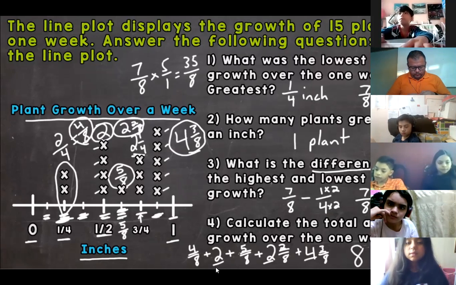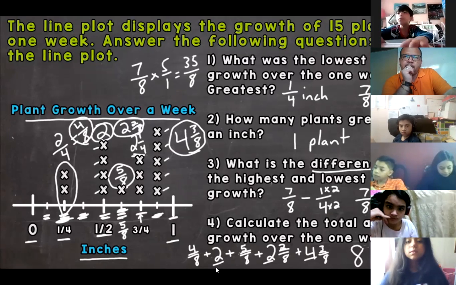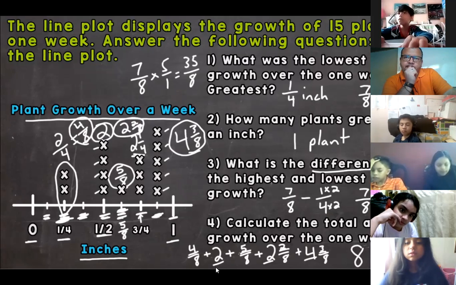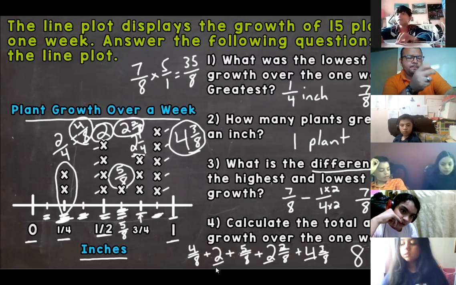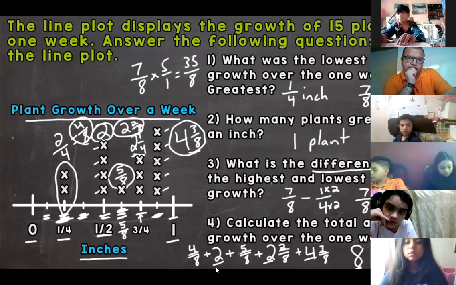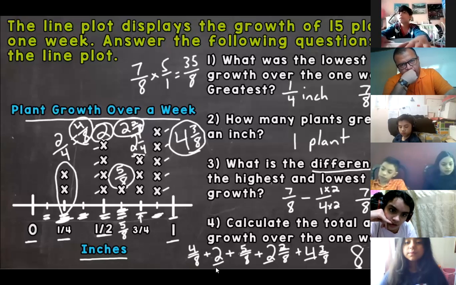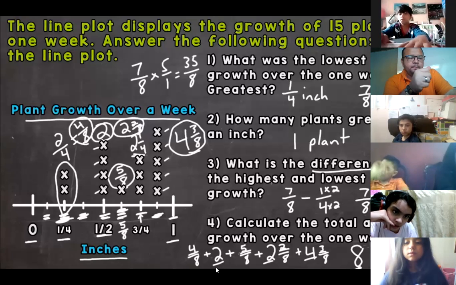Now we're almost done here. We have 8 and 14/8. We don't want to leave that 14/8 as an improper fraction. It's going to be 1 6/8. So I need to combine my whole numbers, this 1 and 8. So it turns out I have 9 whole inches and that fractional part of 6/8, which can be simplified to